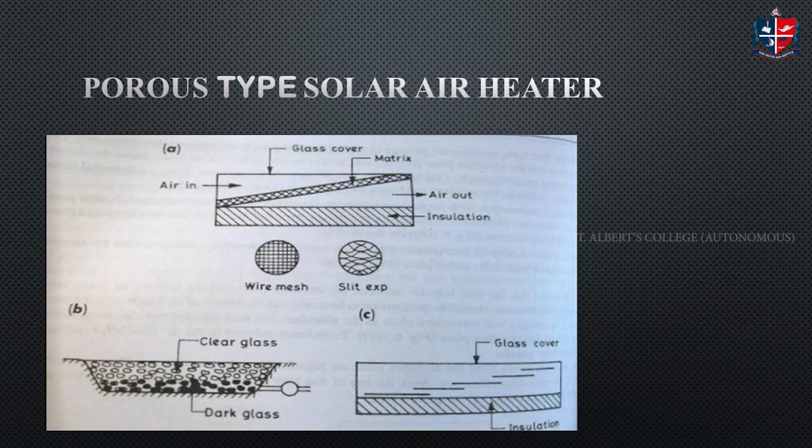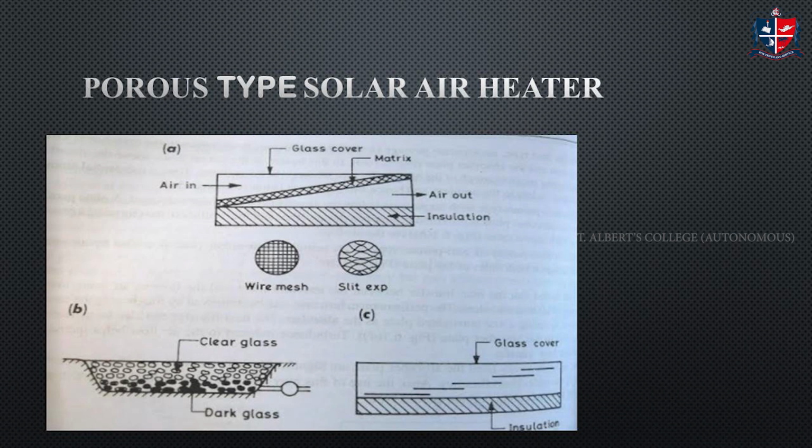Other parts are all the same. There should be a glass cover, there should be a bottom plate and insulation, also a casing. It may not be depicted in all the figures, but understand the glass cover is mandatory for transmission. The absorber plate is the most important component, only that here it is porous. Porous means it has the ability to soak in the air, heat it and give it out. Then there is the bottom plate and insulation. The whole thing is kept inside an assembly. So that is the first type.